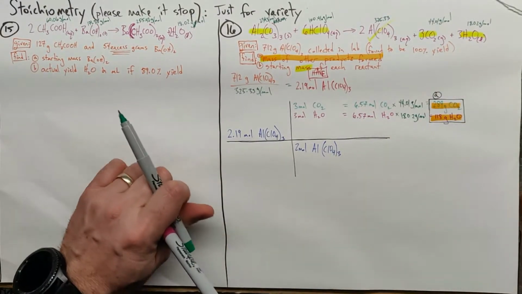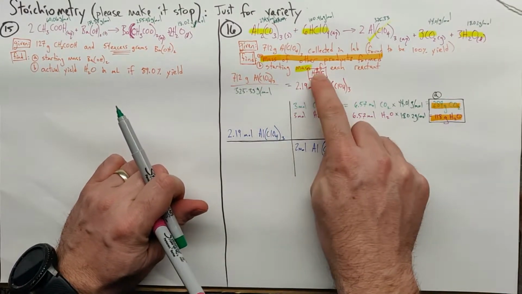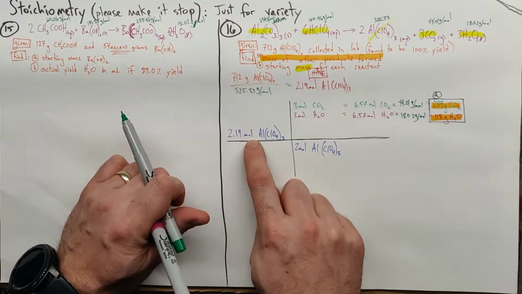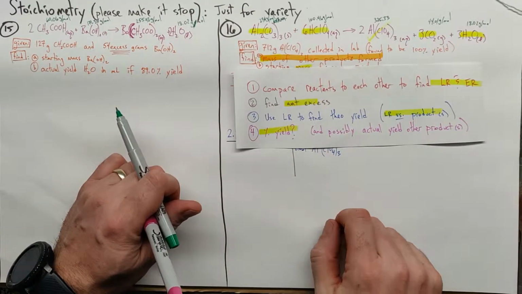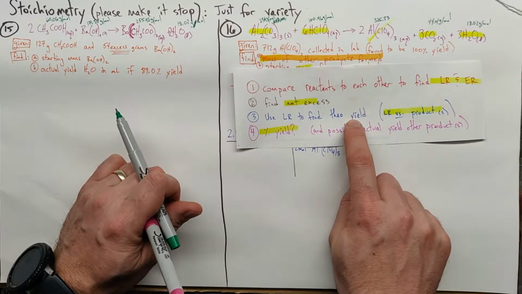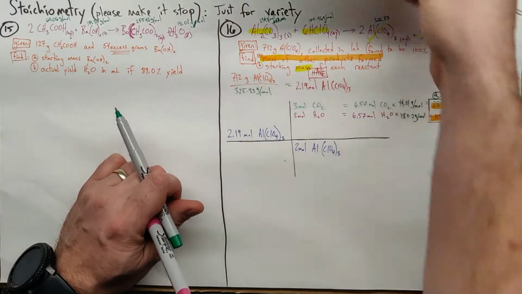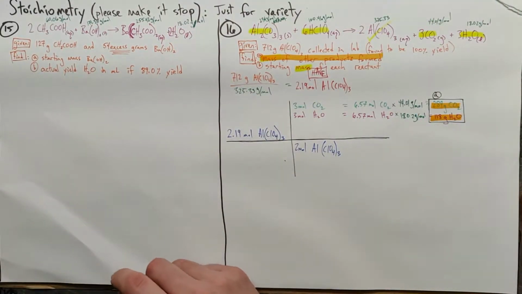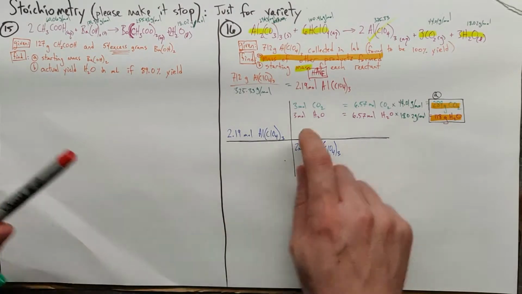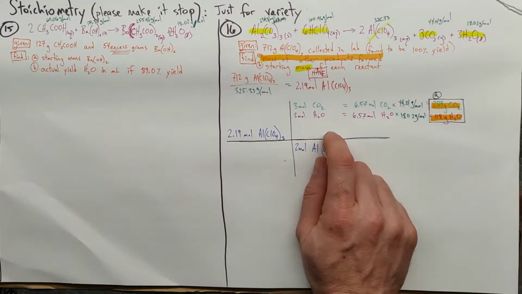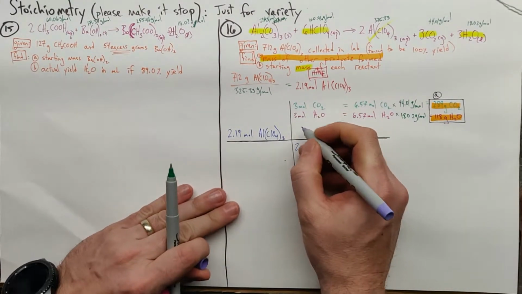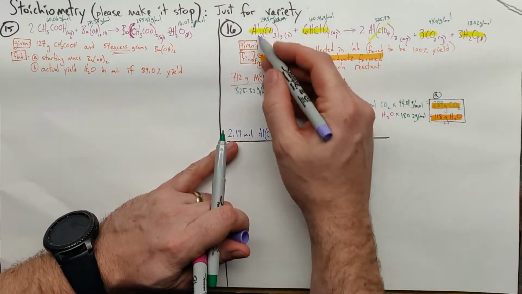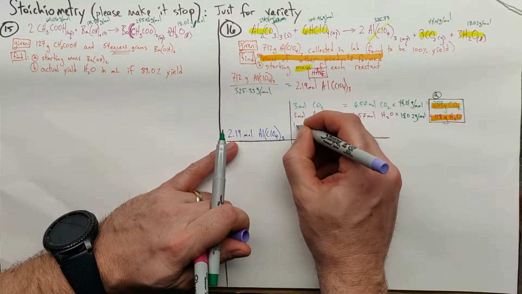For part B, we want to find out about the starting mass of each reactant. This is how much we made, a theoretical yield. We just work our way backwards. Again, we now know this, so we can use a ratio to get back to there. And in this particular case, we can sneak in some other colors, like this beautiful lavender. We want to know about the aluminum carbonate, so we've got 1 mole